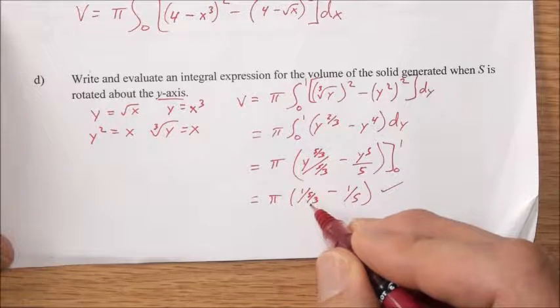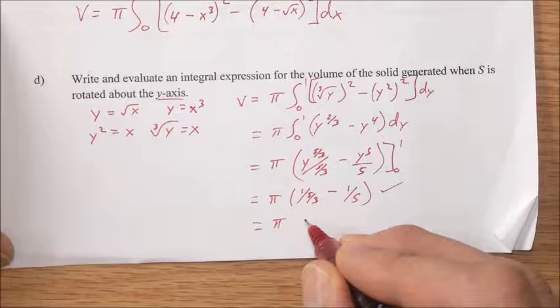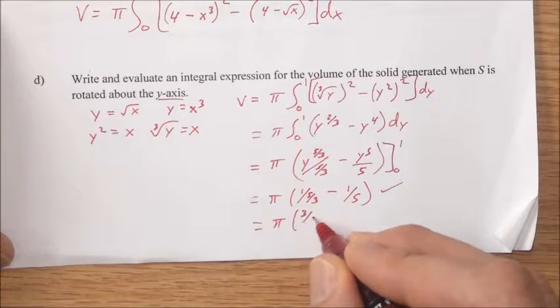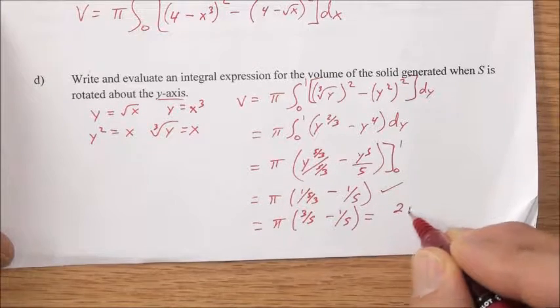Now, 1 divided by 5/3 is the same thing as 3/5. So we technically have pi times 3/5 minus 1/5, or 2 pi over